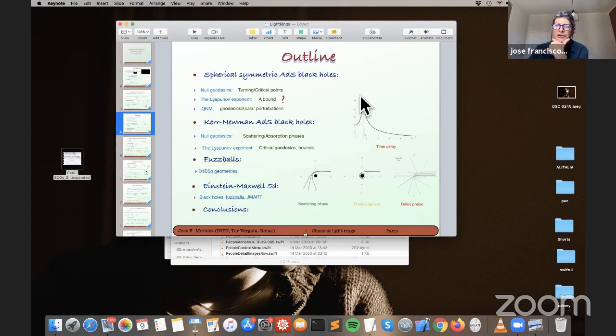You see, this part of the picture is exactly the same as for black holes. Okay, in the black hole you will not have this branch. Everything here is forbidden in black. For the fuzzball, it's true that there is a time delay, a finite time to escape, but this time is very long. Therefore, if you look at your fuzzball, it will look black.